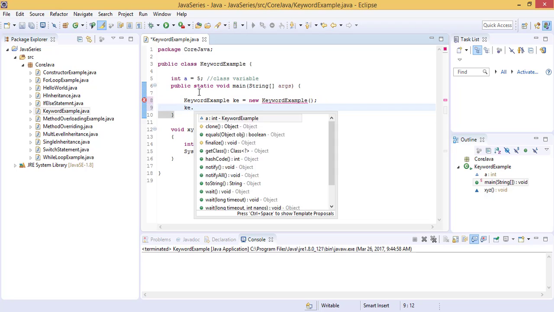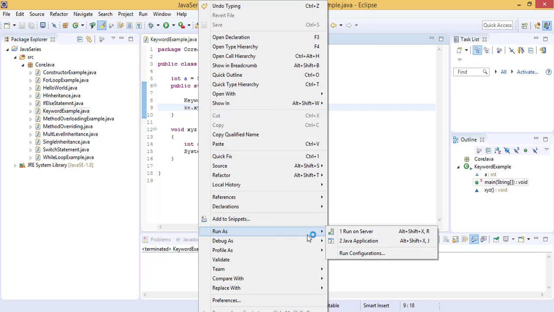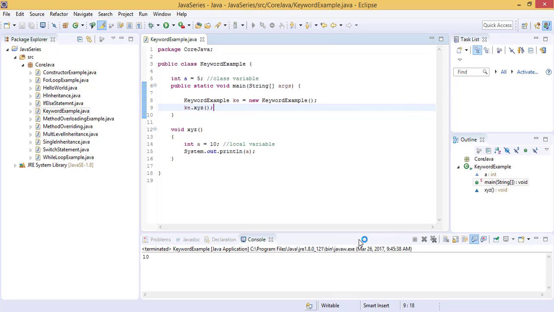We'll call xyz, which is our method, and now we will run this program. As you can see, we are getting a value 10 here. That means it is printing the value of the local variable.